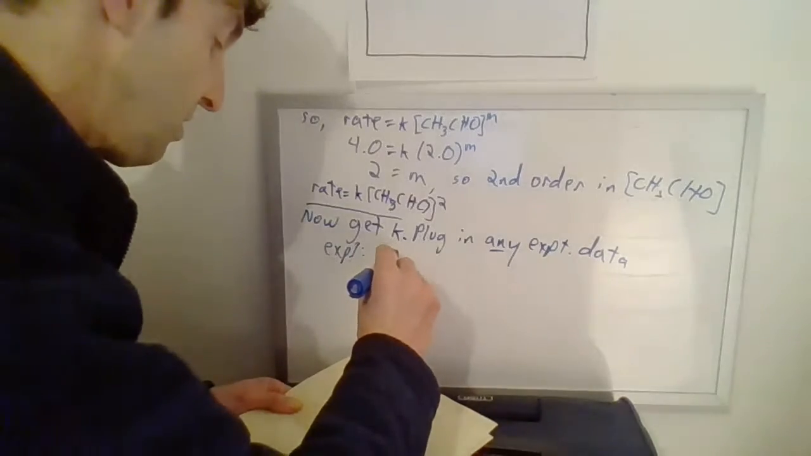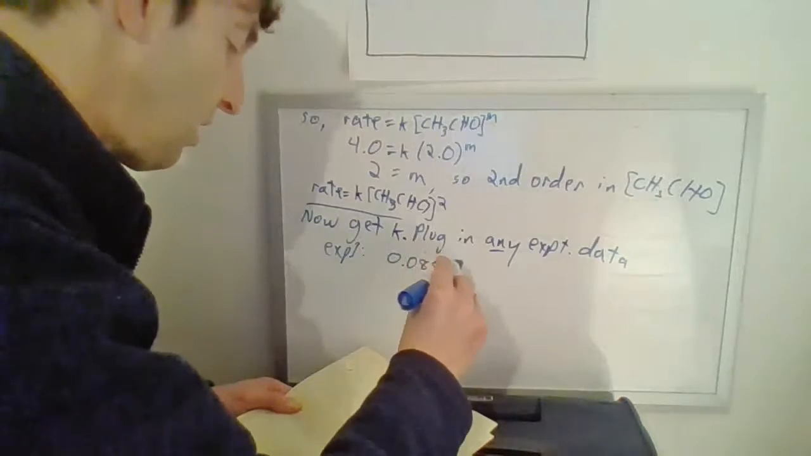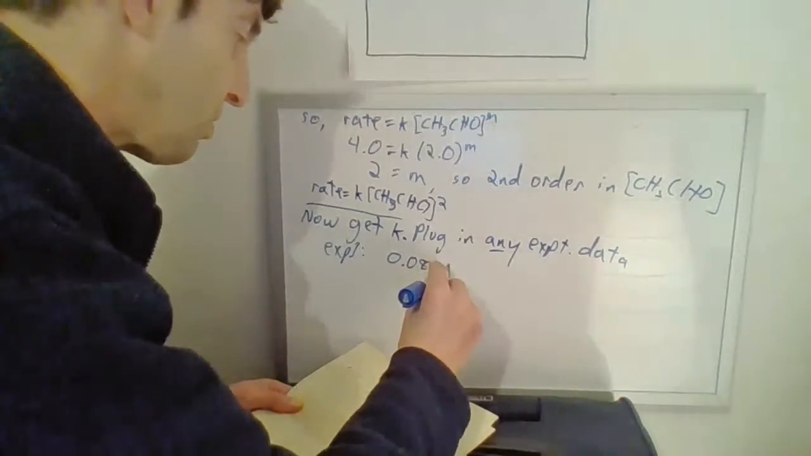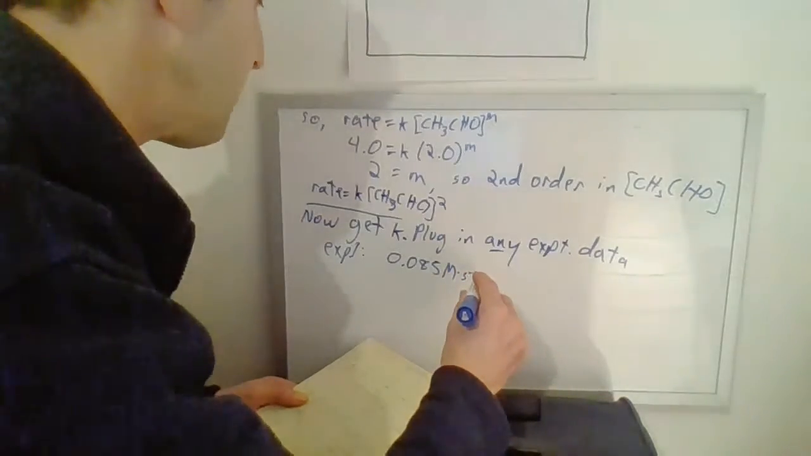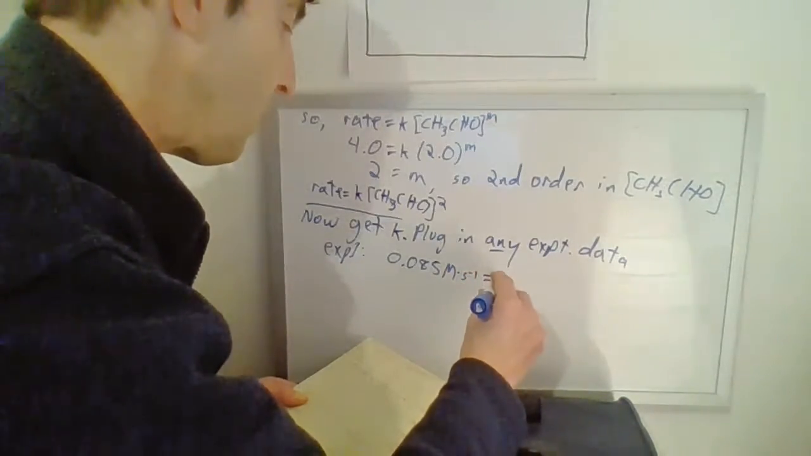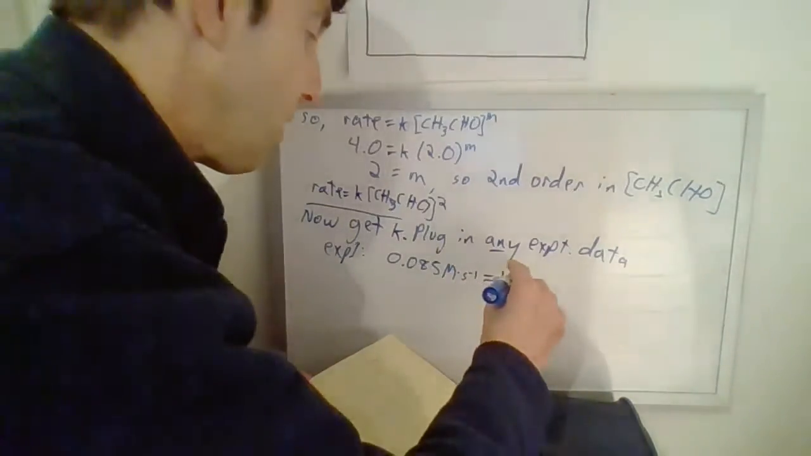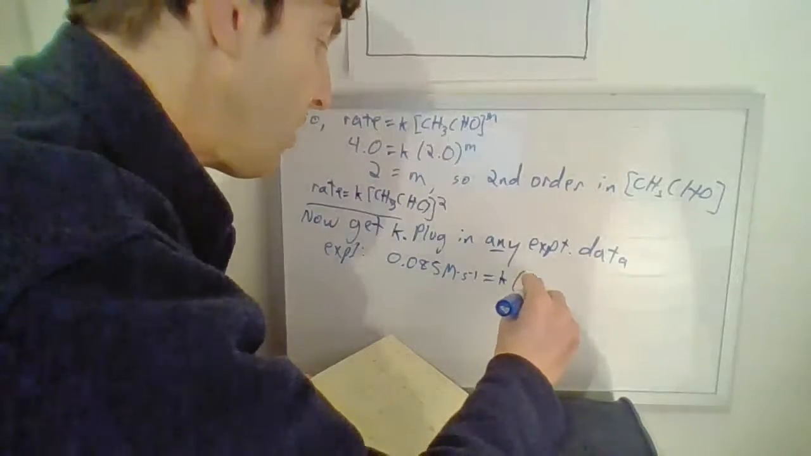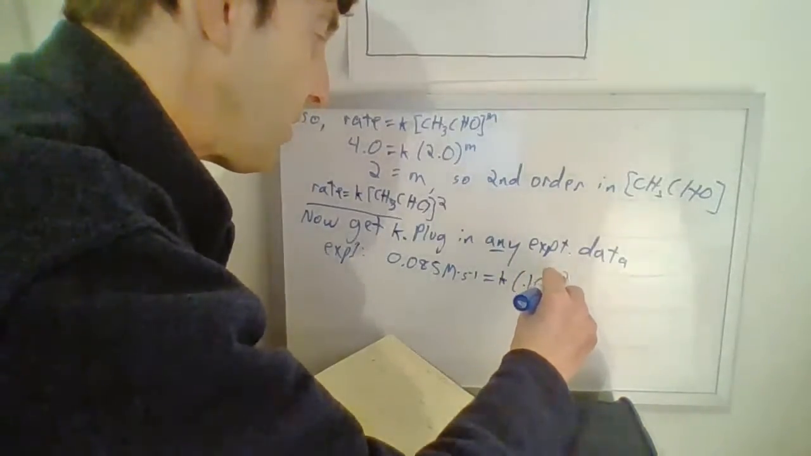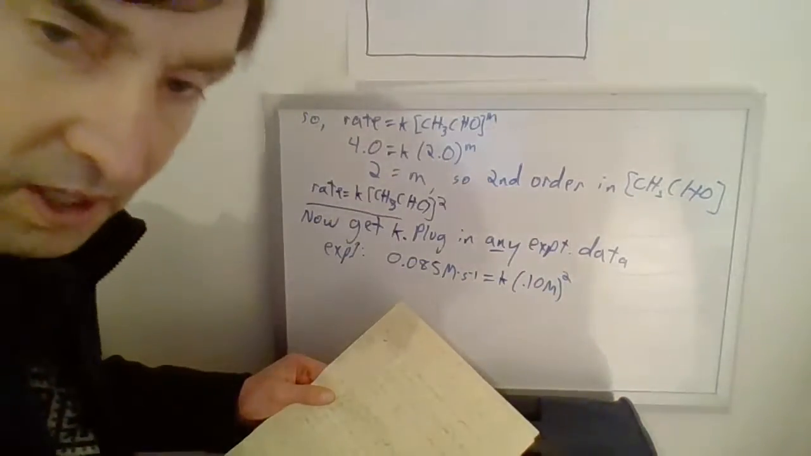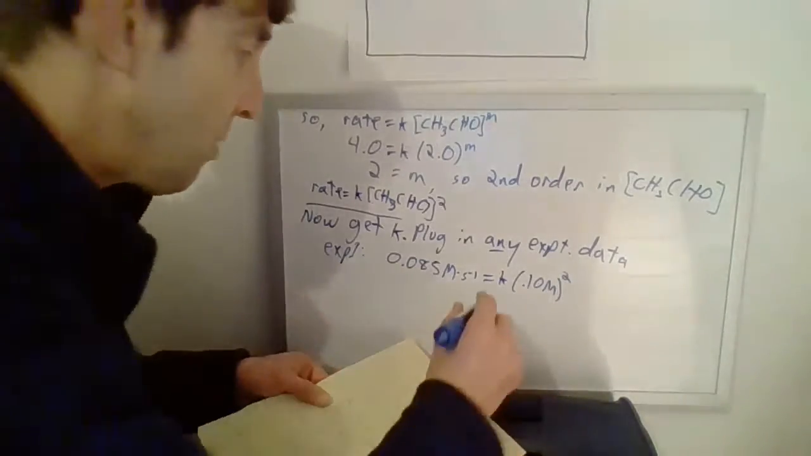so experiment 1. So the rate was 0.085 moles per liter times seconds to the -1 equals K times 0.10 molar to the second power. Okay, don't forget that. We went to all that trouble to find the power, remember? All right, so